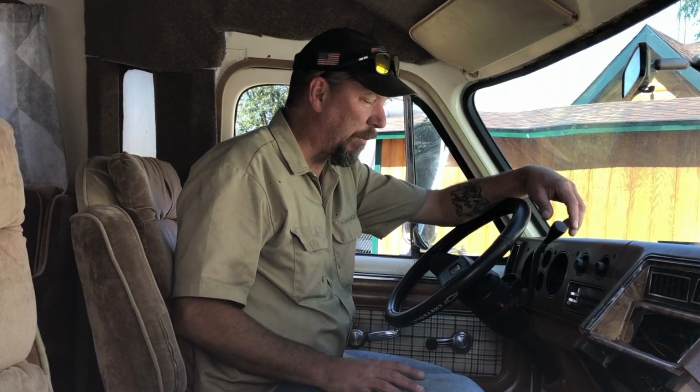This camper's a 1980. It's a Chevy chassis on it. It's always important to know what your chassis is, so when you're trying to call around to get parts or something like that, you tell them what the chassis is. This being a Chevy P30 cutaway chassis. Actually, she's got 81,000 miles on it. It's up there a little more. Somebody used this thing back in the day. Most RVs you get, they got 35, 42,000 miles, and that'd be great if it's only 4 or 5 years old. But this thing is